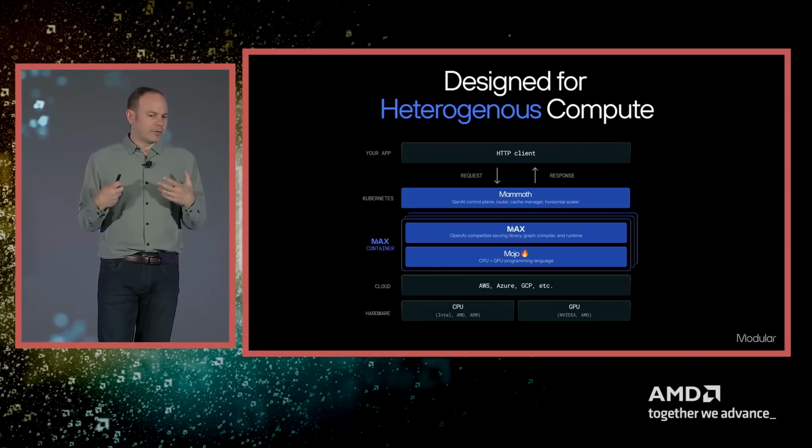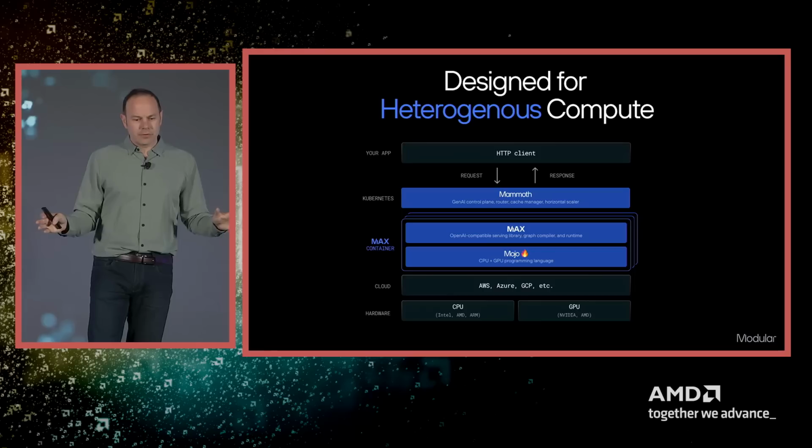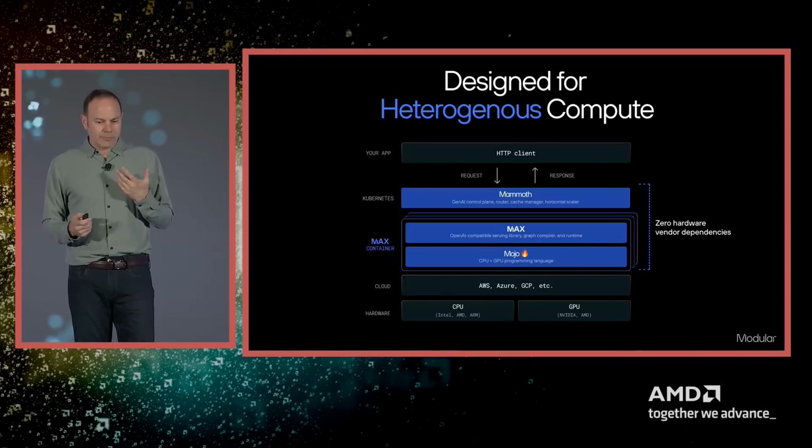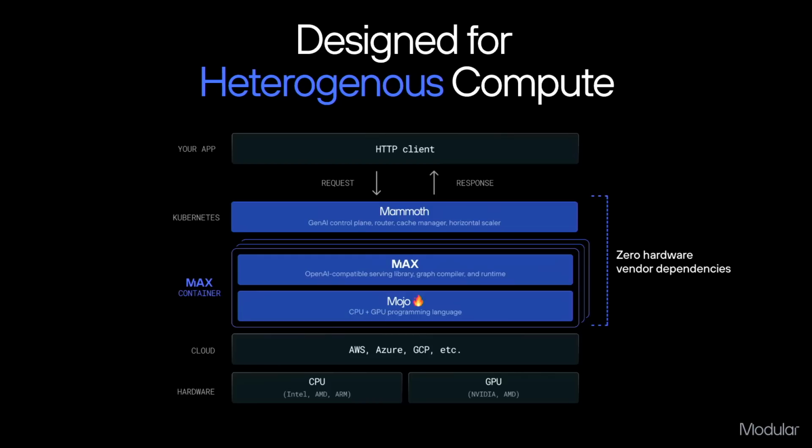So if you zoom out and you look at our stack, I'm not going to deep dive into all the different things. What we've done is we've taken a very first principles approach to this, and where there's a lot of different AI software stacks that are built out of these layered technologies that have been accumulated in AI for many years, we built a novel stack from the ground up. And so this means that the matrix multiplications are written in Mojo, which we'll talk about today, all the way up to the higher level stack and models and applications and serving and cluster management and all this kind of stuff. And it's designed vertically integrated to just work.